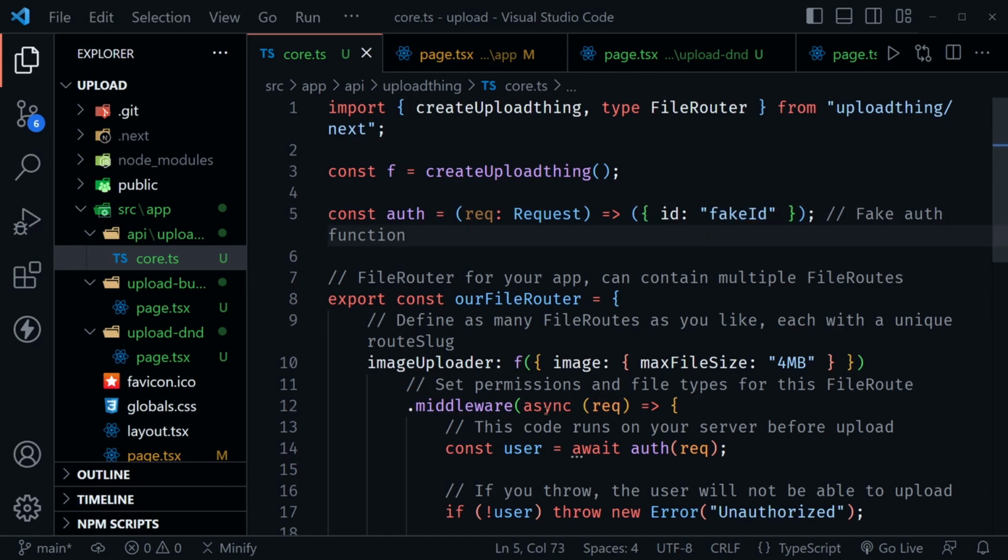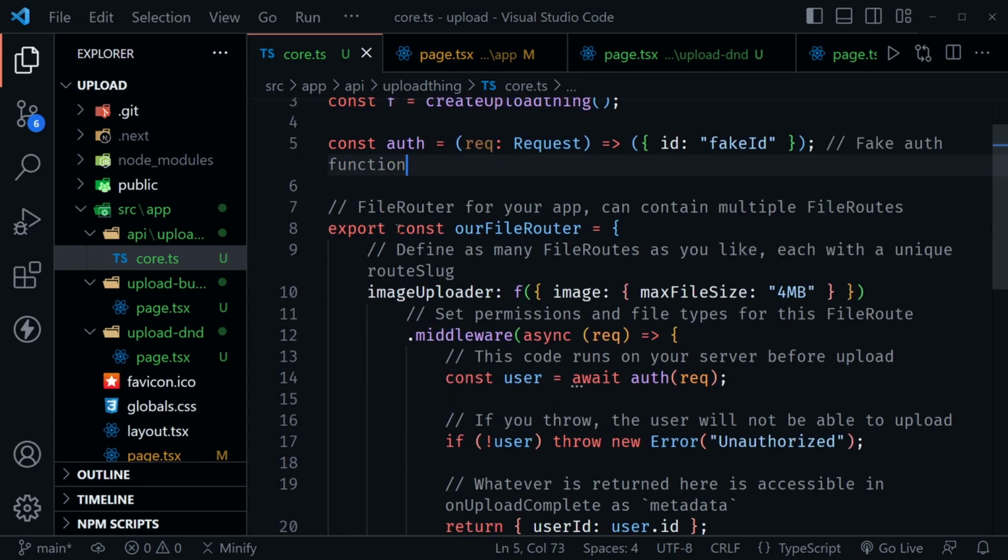So they're going to call that in here in the middleware where you would do that, but this really doesn't do anything with this example. Notice they are importing createUploadthing and a type FileRouter, and then they are creating an UploadThing and just calling it f here, probably short for file. But let's just go with that now and go into our export const